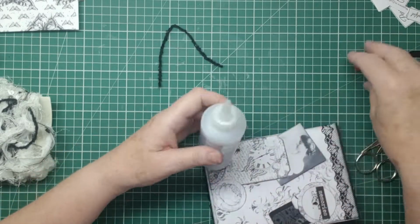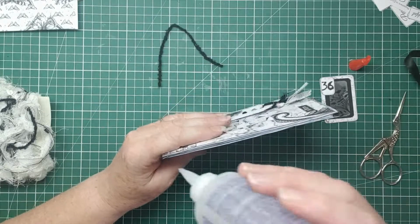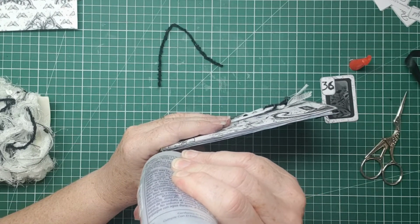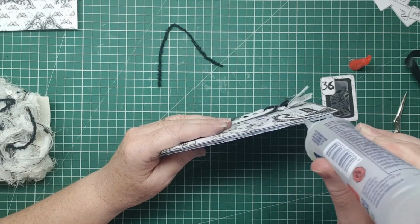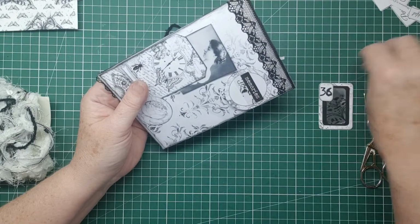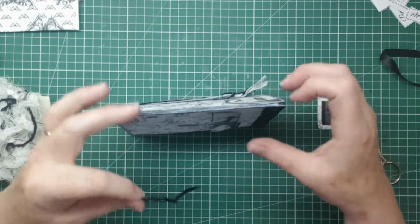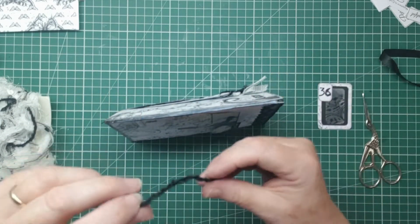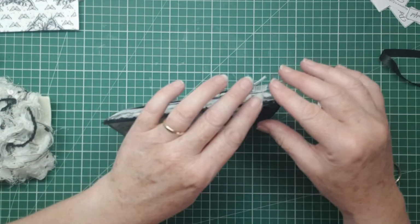Oops, I might as well take that out if it's falling out. So I just want to go down that crease, and I'm using the Beacon 3-in-1 because it's a stronger glue that's good for material and fibres. And I just pop it up like that. Bit of excess glue there, which we won't waste. And I'm just going to pop that along there